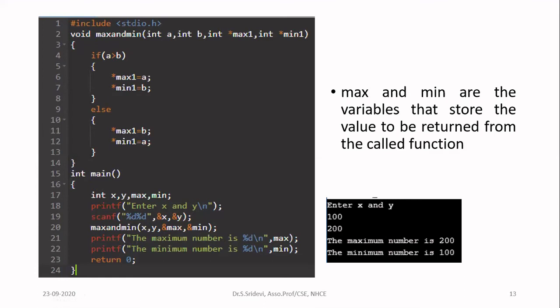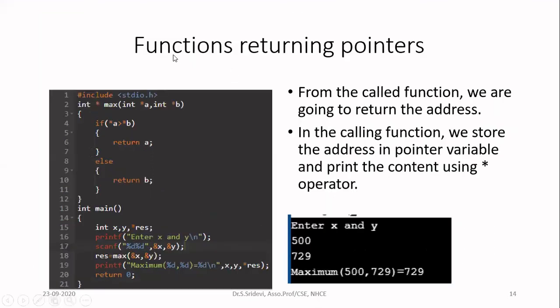Suppose if I want to return 5 values from a function using pointers, what will you do? See, actually the simple method is you pass all the 5 answers by means of address. Okay, simple answer is pass all the 5 numbers by means of address. And the other way is using array, that already we have seen in all the sorting algorithms. Let us move on to the next topic, functions returning pointers.